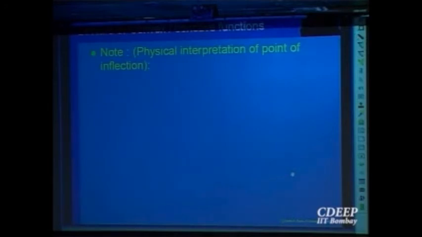What could be a physical interpretation of saying that something is a point of inflection? As such, if the function has second derivative, you saw that the second derivative changes its nature, right? At the point of inflection, second derivative positive on this side becomes negative on the other side, or negative on this side becomes positive on the other side of the point. And physical quantities, what does the second...